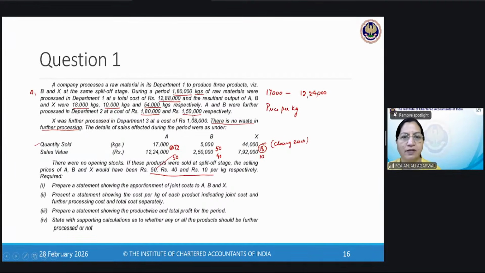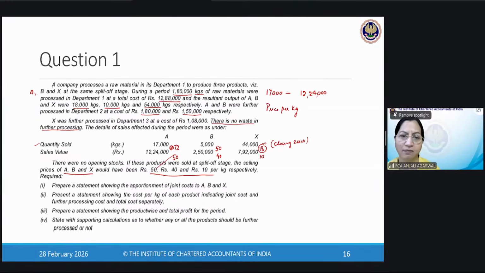Secondly, I cannot take the physical measurement because there is substantial loss and we cannot see in 98,000 kgs lost. Maybe some processes may be prone to more loss and the other may not be that much. So physical measurement is ruled out. Units are equivalent to kgs here only. And that I have used because the market price is different. That has been used. Another good method would have been the